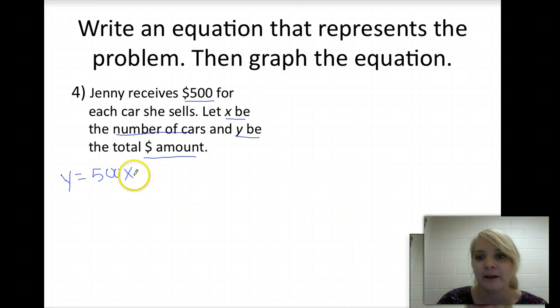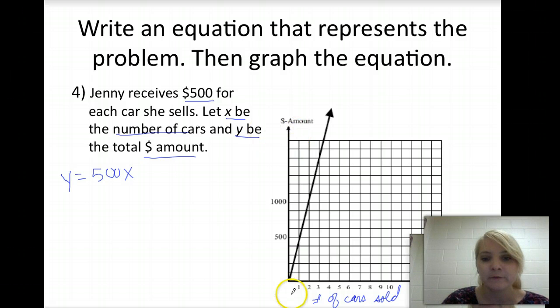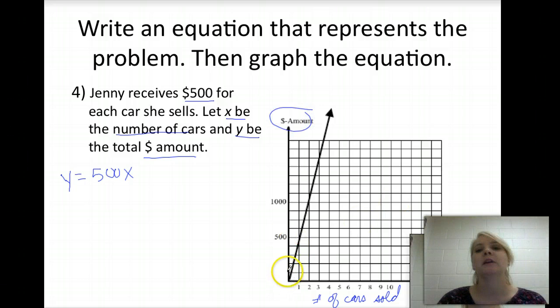And then to graph that, on our x-axis, once again, we have the number of cars sold. And our y-axis is the dollar amount. So if she sells one car, she makes 500. If she sells two cars, she makes 1,000, and so on and so on. And you want to make sure your axes are labeled. And from this equation, since we're looking at real world,